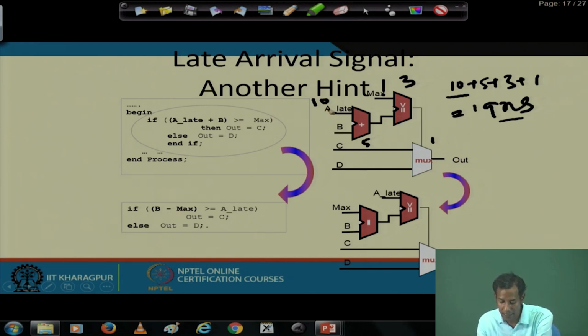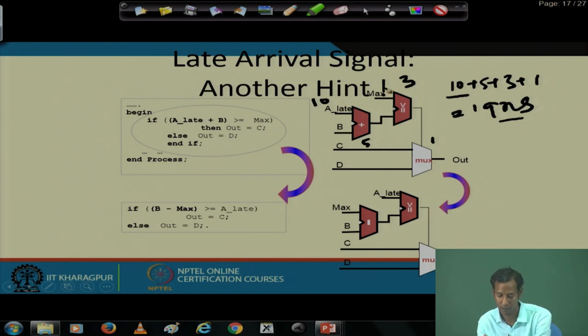Because unless this particular signal has arrived, I cannot start this operation. Once this operation is not yet complete, I cannot start the next operation. So, the total summation of all these path delays will be the maximum computation time